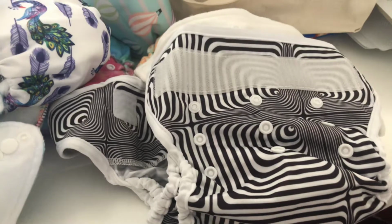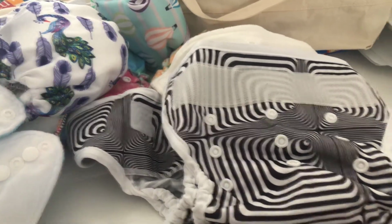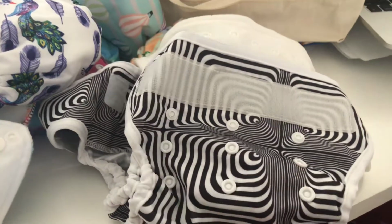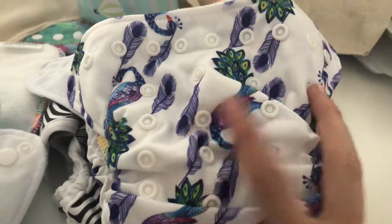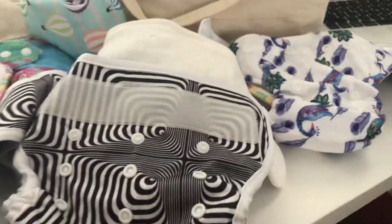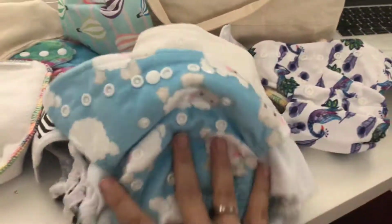The next thing is just to go over some questions that we get. So one of the first ones, what are all these snaps for? Oh my gosh, there's so many snaps. Look at all those snaps. Oh my goodness. They're to adjust the size, which sort of takes us to how do these nappies fit from birth to toilet